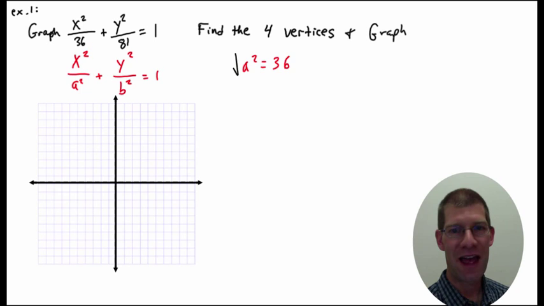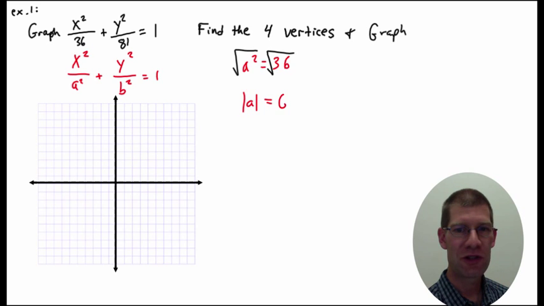And the way that you'd find that, going back to chapter 6, if you wanted to find a, and when it works out nicely like this, most people would just do this in their head. But whenever you take the square root of a variable squared, you have to do absolute value. So then a in here could have been a positive 6, or it could have been a negative 6. So my maximum on my x-axis is going to be 6, so 1, 2, 3, 4, 5, 6. The minimum is going to be 6 as well,